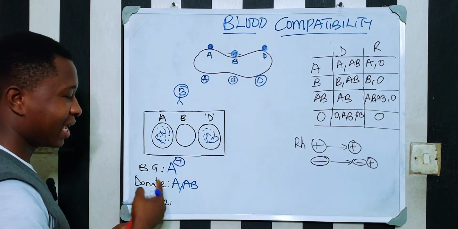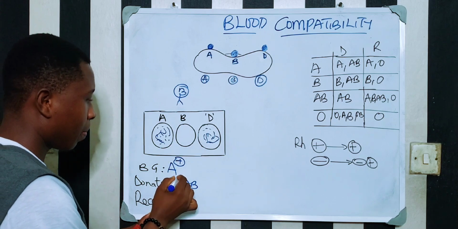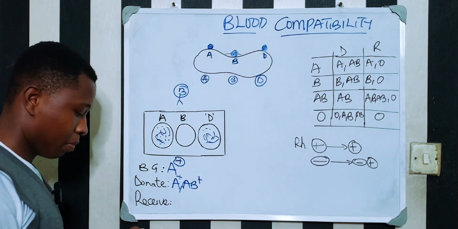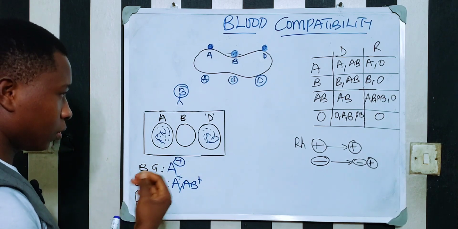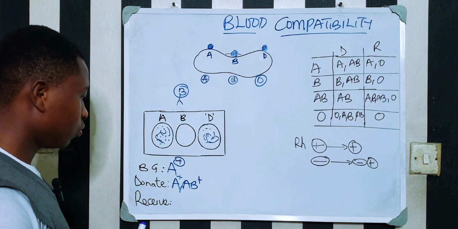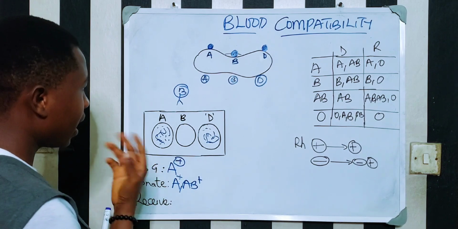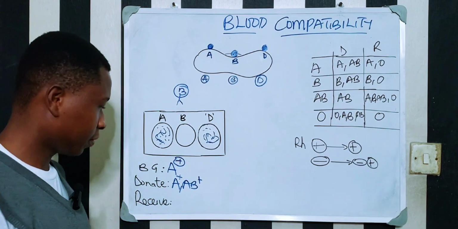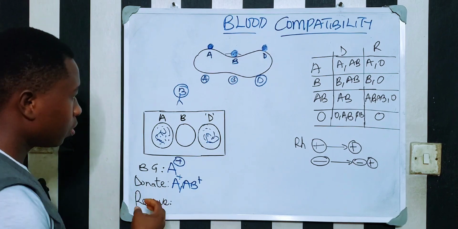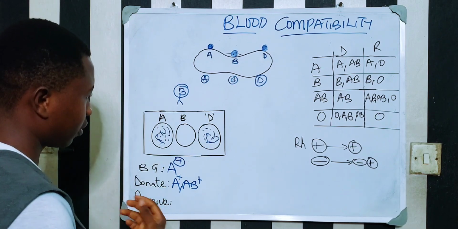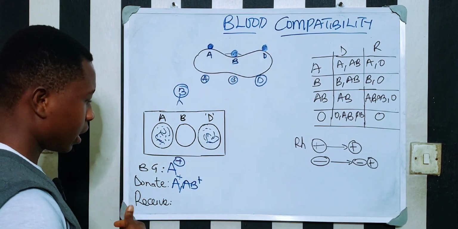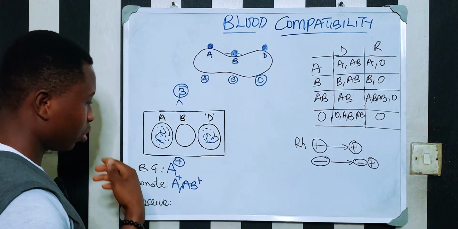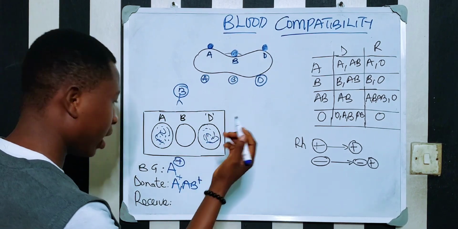So we have a positive blood here, so it can only donate to positive blood. Okay, so that is that. Now moving over to who the A positive blood can receive from. Since we know that it is just the B that is in circulation, obviously a B blood cannot go here. So it will only receive from A